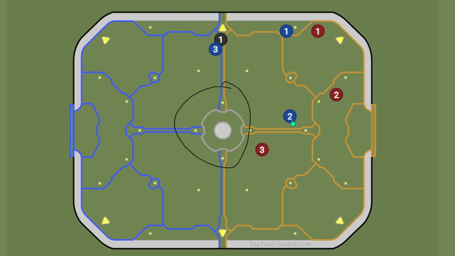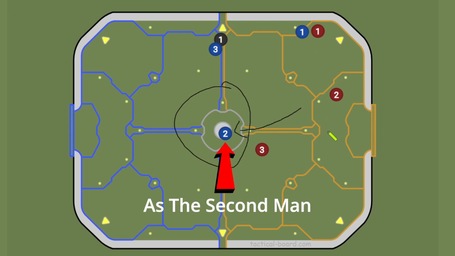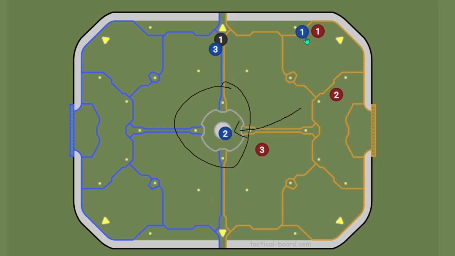Now this gap has to be plugged by the second man. It's so important that as a team, and especially if you find yourself in a scenario where you were waiting for a cross inside the box, but now your teammate lost the 50-50 and now the third man will sweep up, you have to actually go into the center as the second man, while number 1, if he doesn't get this boost,